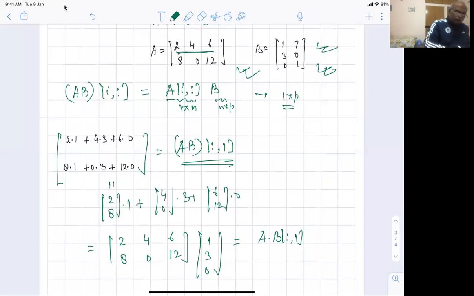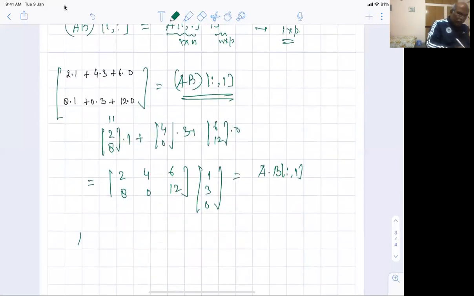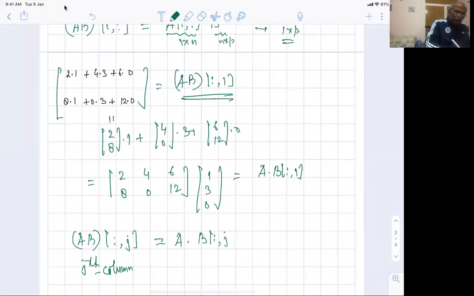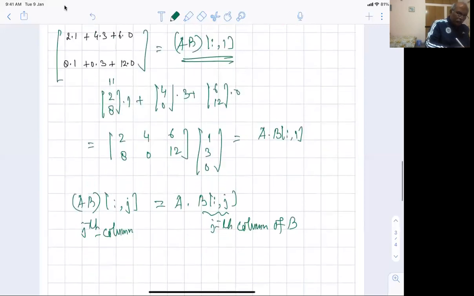All right. So in general, if I want to get the jth column of AB, what I need is just write A as it is, no problem, and then multiply it by the jth column of B. And here I'm looking at the jth column of AB. Is that okay? So these relationships are there that you need to understand. Fine. So understand again, it's a very important idea about matrix multiplication.